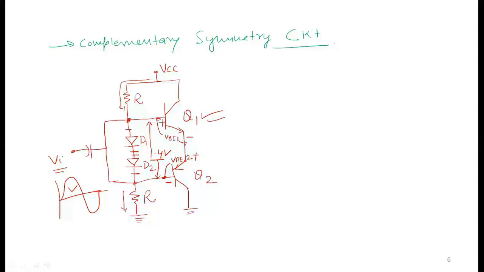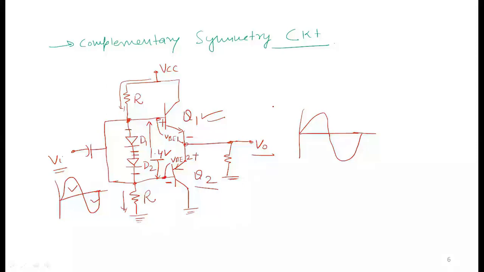During the positive cycle of the input signal, the transistor Q1 starts conduction. So when the transistor Q1 starts conducting, we receive the output signal at this terminal. And during the negative cycle, this transistor Q2 starts working and we receive the negative cycle at the output without the crossover distortion. Hence, by using the two diodes and two resistors, we can resolve the problem of crossover distortion that was in the class B amplifier.